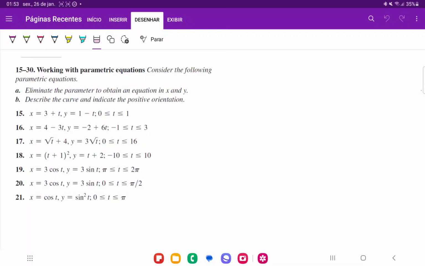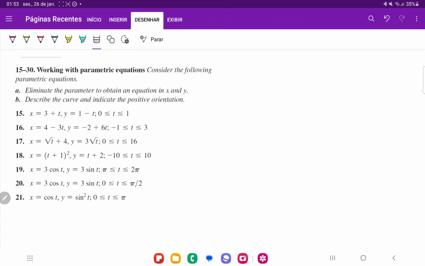So for number 16, we want to first eliminate the parameter to obtain an equation in x and y, and then we want to describe the curve and indicate the positive orientation. To eliminate the parameter, first we're going to isolate t in terms of x, and whatever expression we get for t in terms of x, we're then going to put it into the y equation so that we get